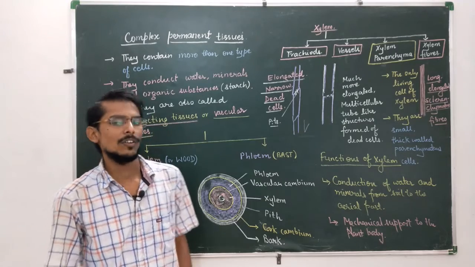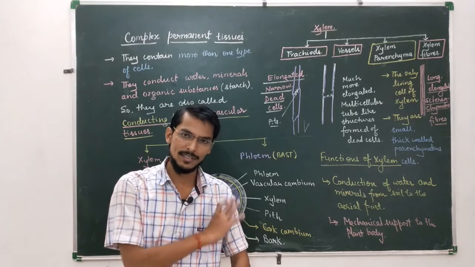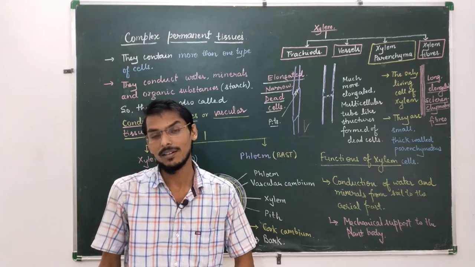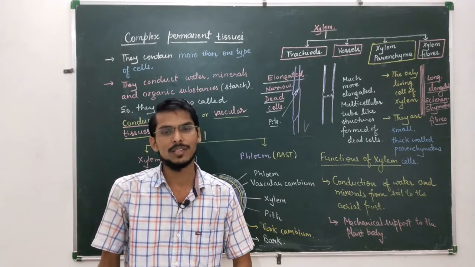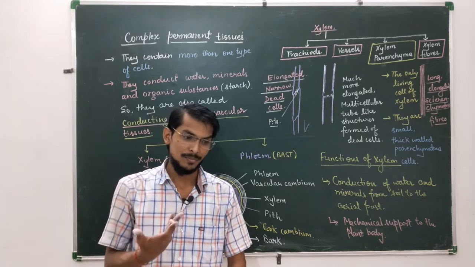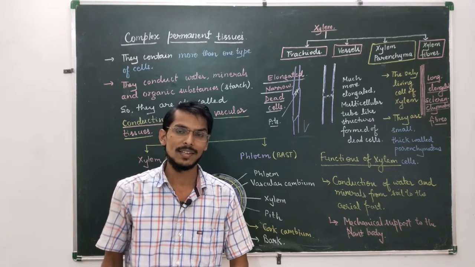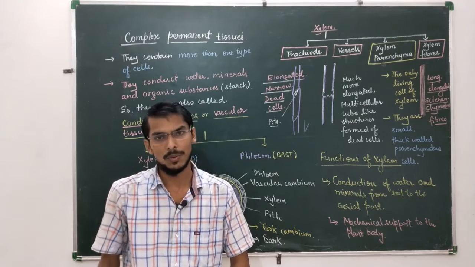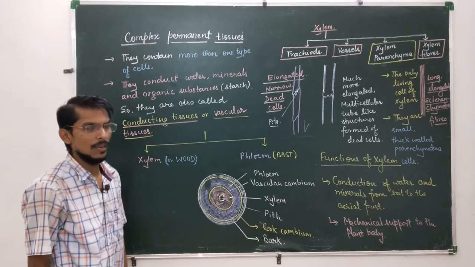Okay. In case of animals, especially higher organisms like us, you will find that there is skeleton system, bones. But in case of plant, you will not see that there are bones. You will not find any bones in the structure of plant body. So how do they bear such stress? The only thing is that they contain dead cells which provide mechanical support to the plant body. Okay. So this is all about xylem.